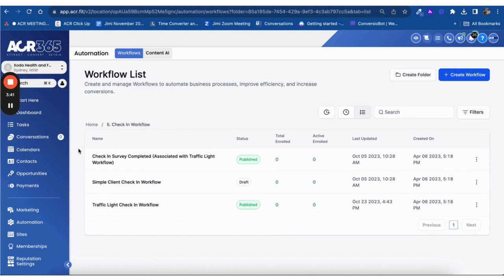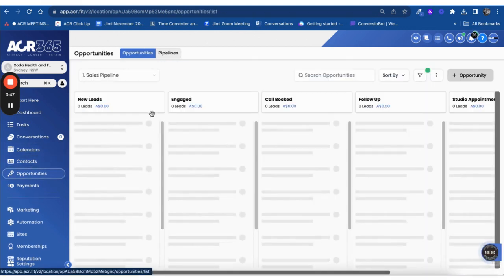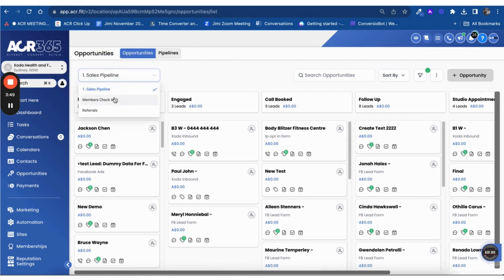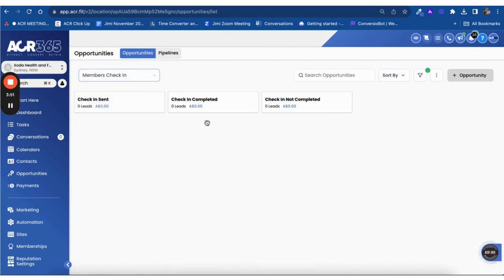It's the ones that you know are checking in or not checking into classes. Then you want to go and check out your opportunity pipeline to see who is checking in, who has completed the forms, and who hasn't completed those forms. By doing that, you're going to be able to retain better because you can see some of the clients that may not be engaging with you as frequently, and you can reach out to them